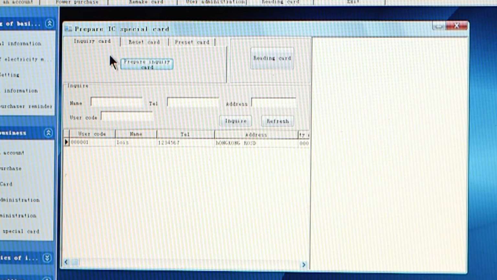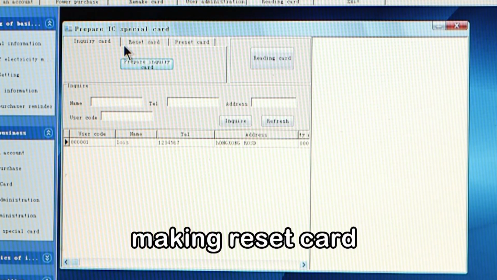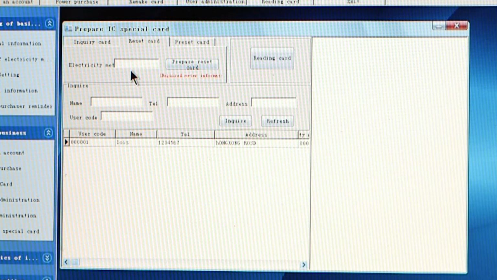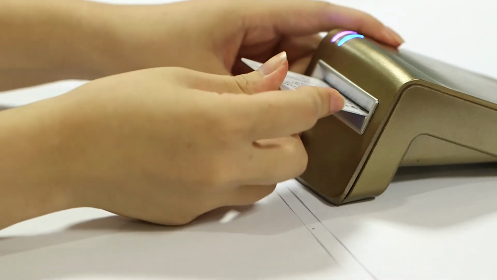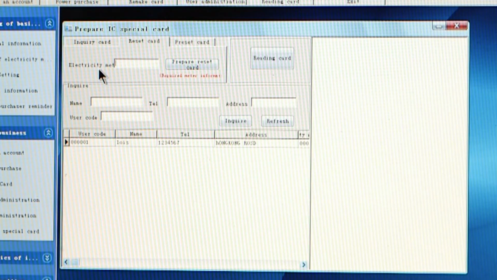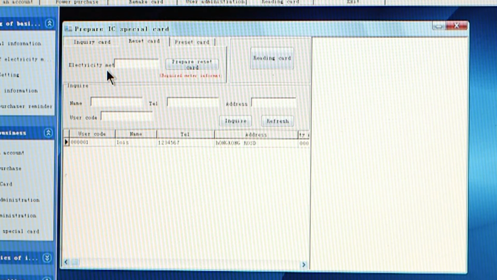And now we are going to show you the second type of special card, the reset card. To reset the meter, once you insert the reset card into the meter, it will be reset to 0. All the records inside the meter will be cleared. Please pay attention: one reset card for one meter. Now we should enter the meter which needs to be reset. Here we enter the meter's number,